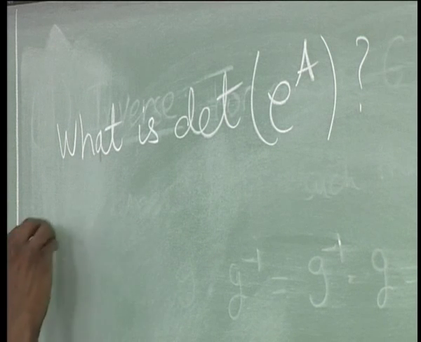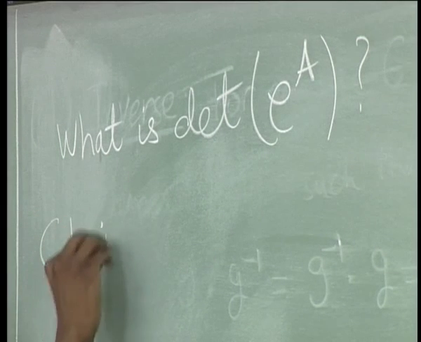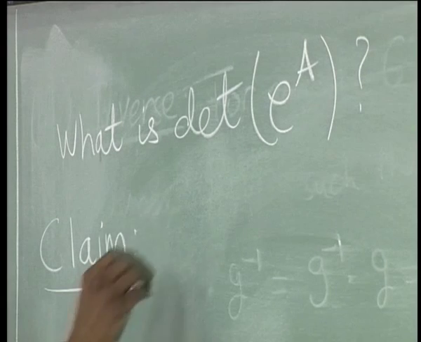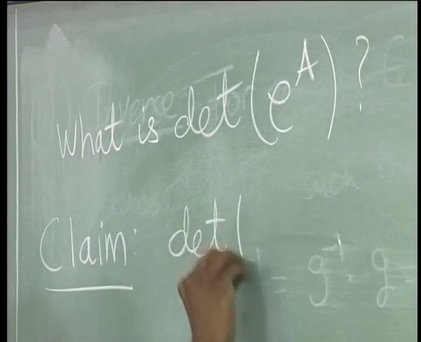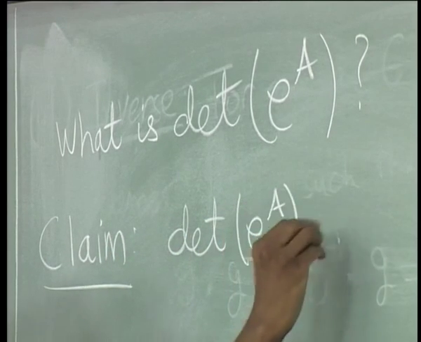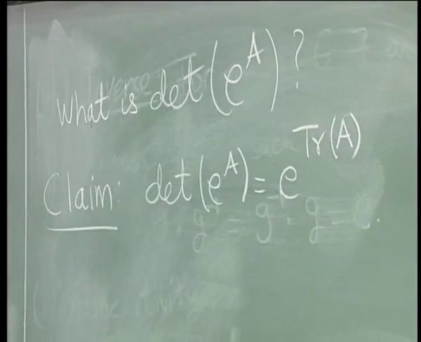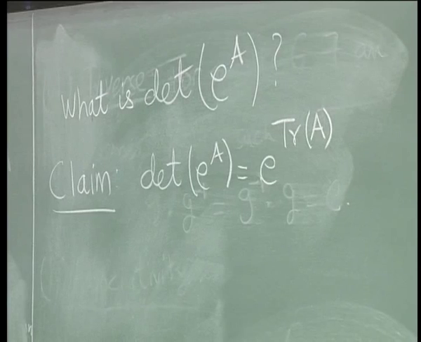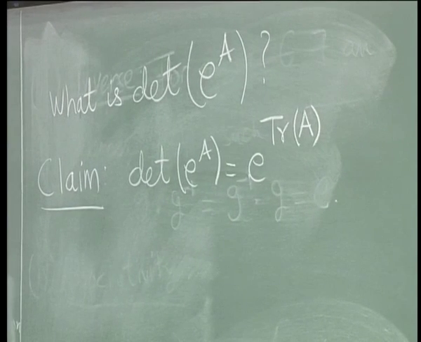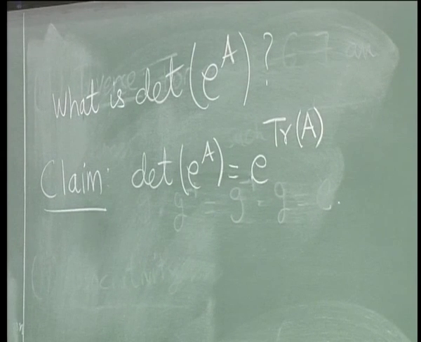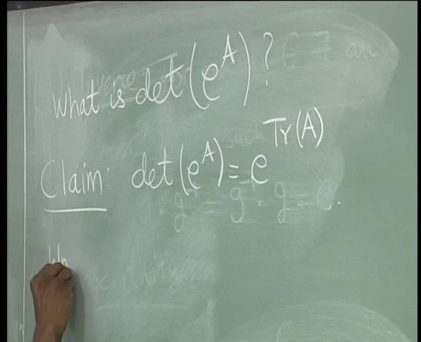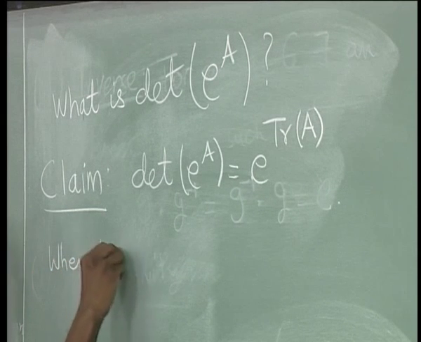So I will not prove it, but I will write it out as a claim. det(e^A) is equal to e power trace of A. For any A, it need not be antisymmetric, but what is the trace? For us, A is antisymmetric. So trace of an antisymmetric matrix is 0. So when A is antisymmetric,